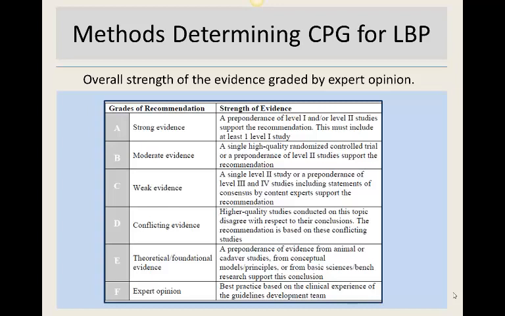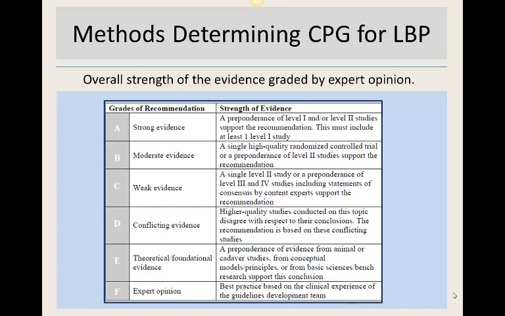B, moderate evidence was a single high quality randomized trial or several level 2 studies. C, weak evidence, was a single level 2 or could be level 3 and 4 studies, and could be statements of consensus or expert opinion. D, conflicting evidence